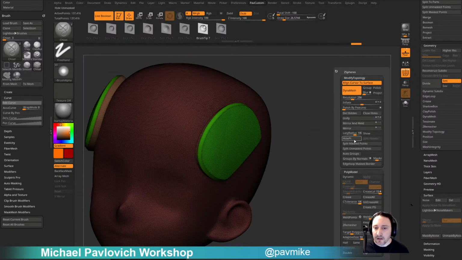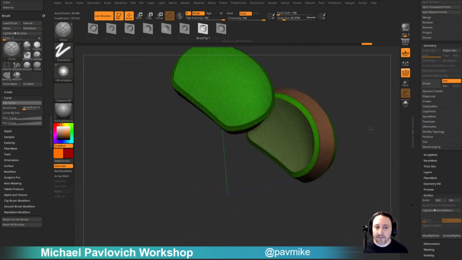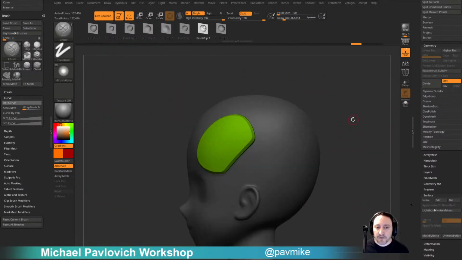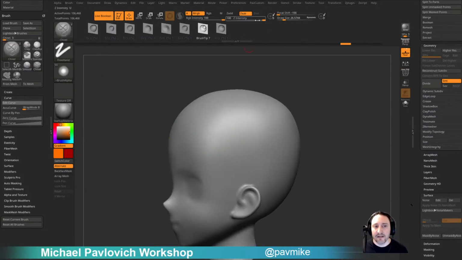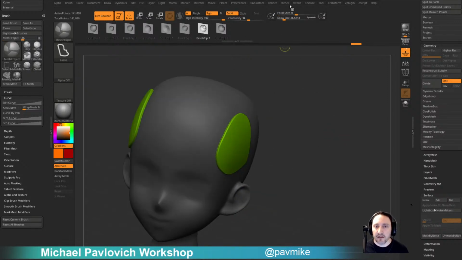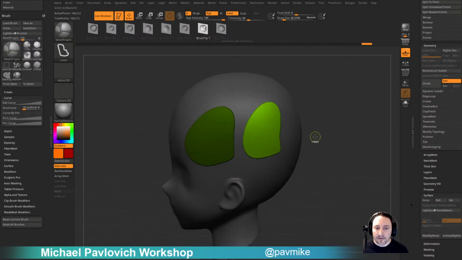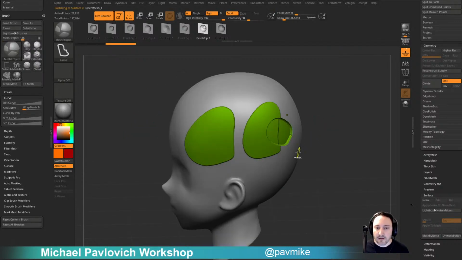And if we go through here and we, again, do a visibility hide point, you can see that's the result it's giving us. Now, just like you would expect, Z intensity controls how thick that is. So we can go through here and do that. You can go up here to the stroke. You can change your lazy radius here. So now we're doing this. And again, if you don't move the camera, you can,